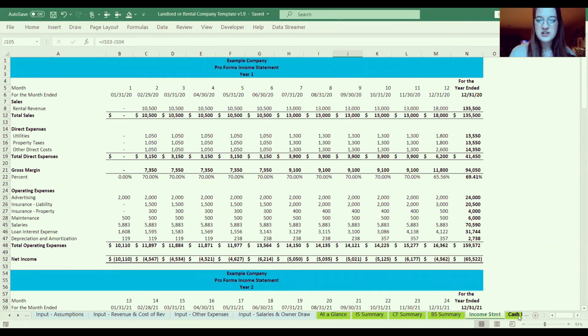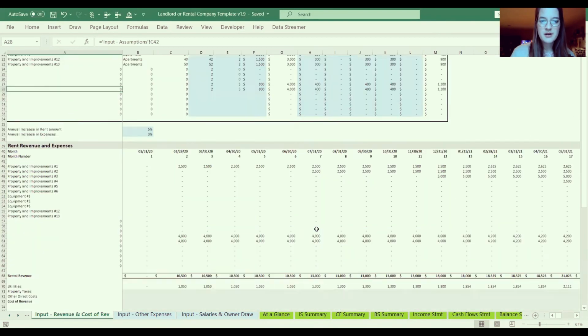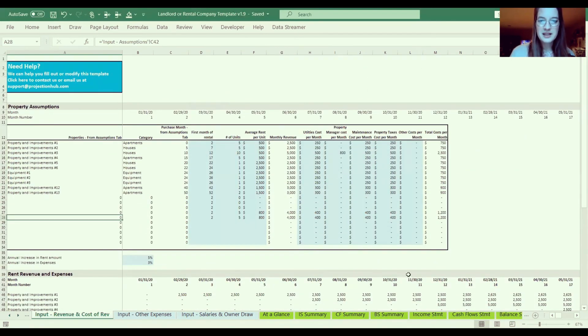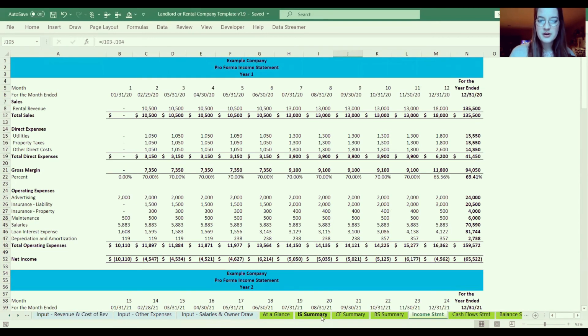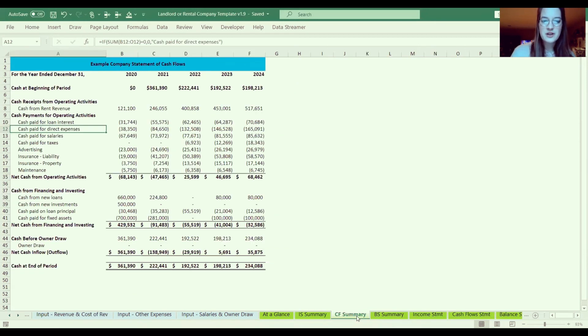And I have a lot of questions about if I'm providing these to my bank, what do I give them? And I often recommend you show them the input revenue and cost of revenue tab. This is kind of your revenue plan, how you plan to earn revenue. So it's going to show the properties that you would like to own, what you'll rent them for, when you're going to bring them on. And then the income statement summary is a good one to show as well, just showing your net income for a couple of years. And in the case of a rental company, I would also show the cash flow summary,